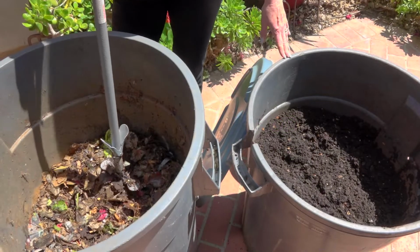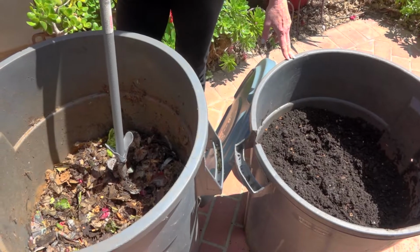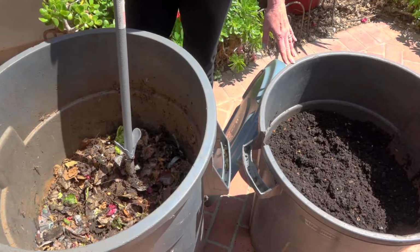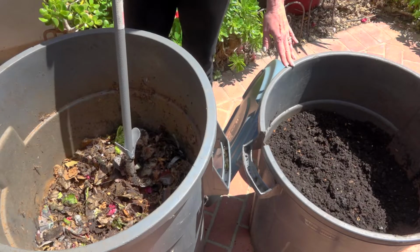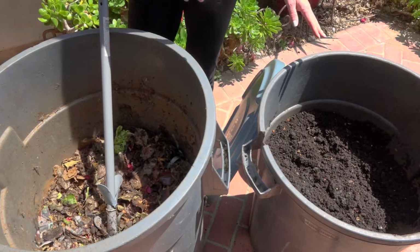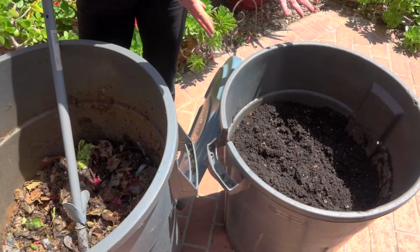So here's my 2-bin system. I have mostly patio. I don't have a lot of room, so I keep these 2 trash cans next to my other trash cans on the side of my house. And these are, of course, enclosed on the bottom. And the way the 2-bin system works is I have one bin and it's empty. This one was full of compost